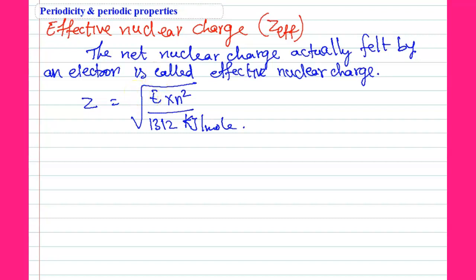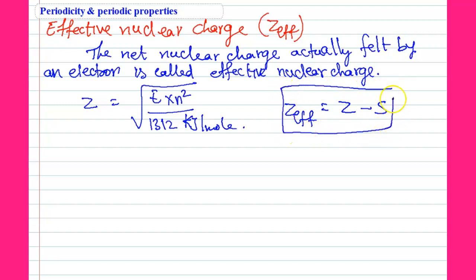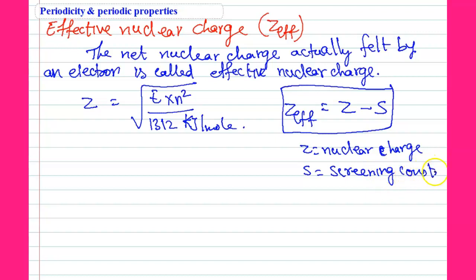We have one more formula also: Z effective equals Z minus S. Actually, we use this formula for solving Z effective. Here Z means nuclear charge and S means screening constant. So we can calculate for